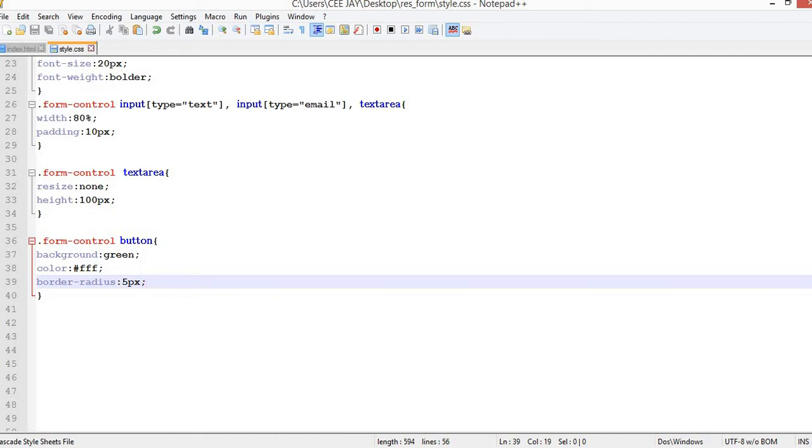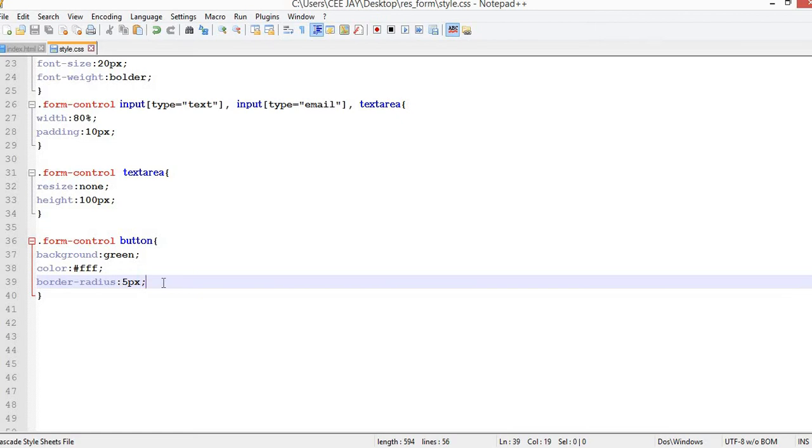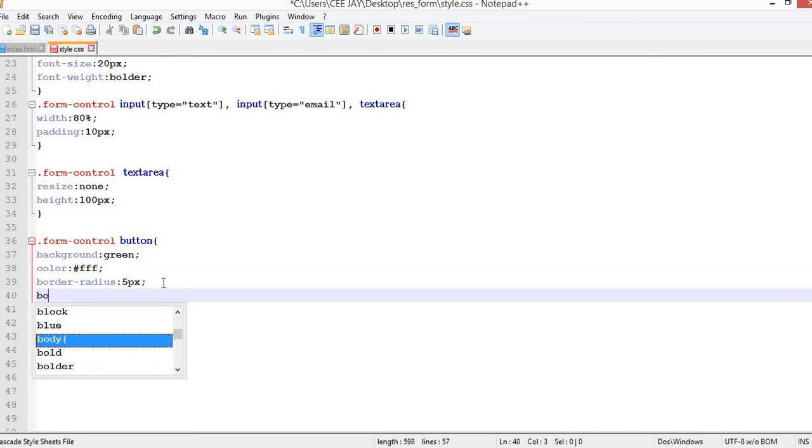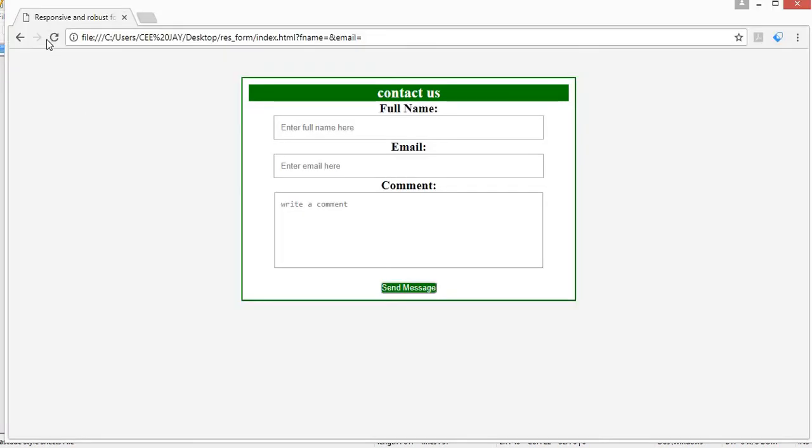and Ctrl S to save, refresh your page, and here is what we have now. But I don't actually see the, you may not see the radius now. You know what, let's add a border so that we can see that. Say border, let's say 2 pixel solid red. Ctrl S to save and refresh your page, and there we go. Alright,